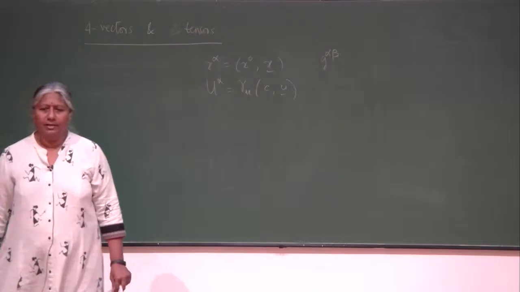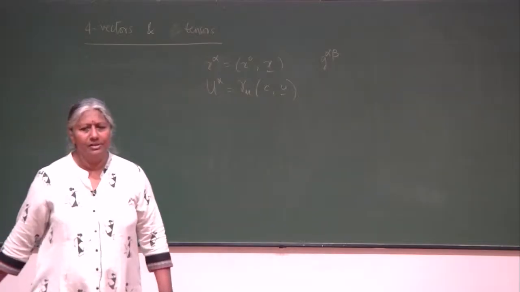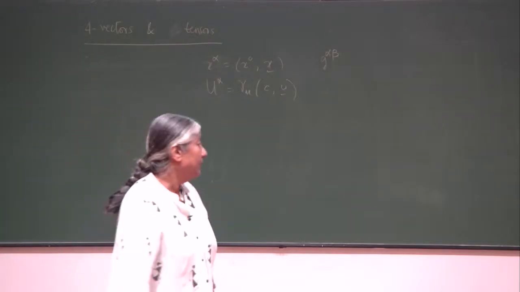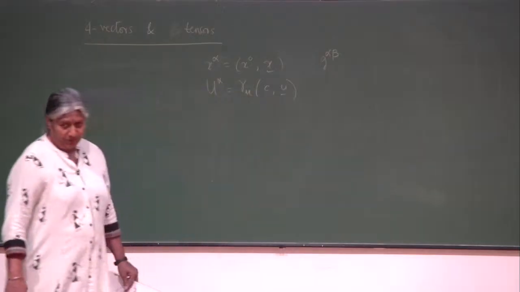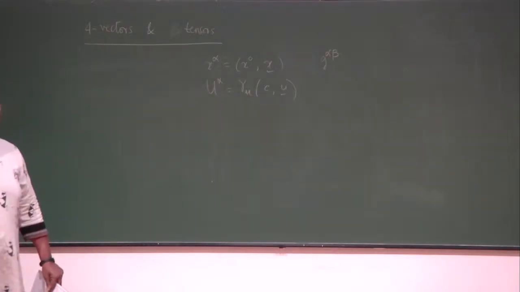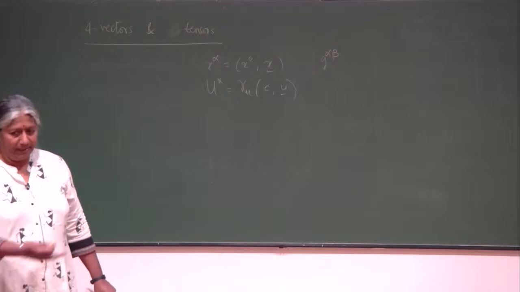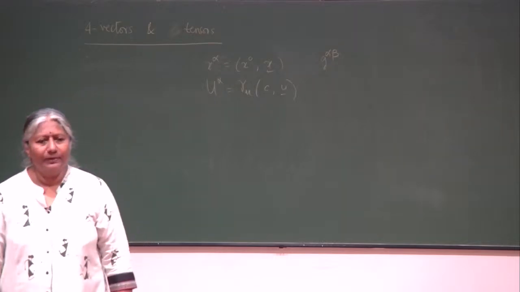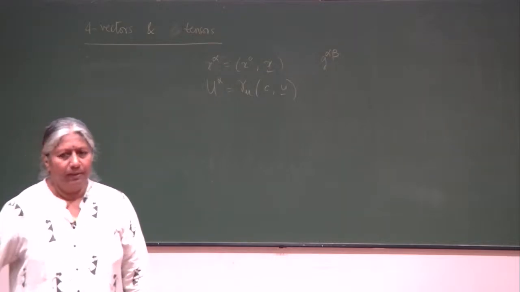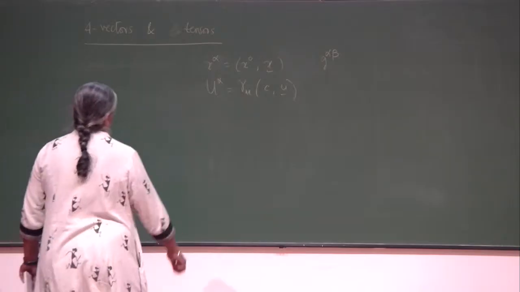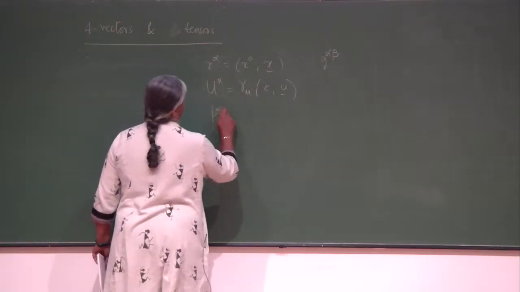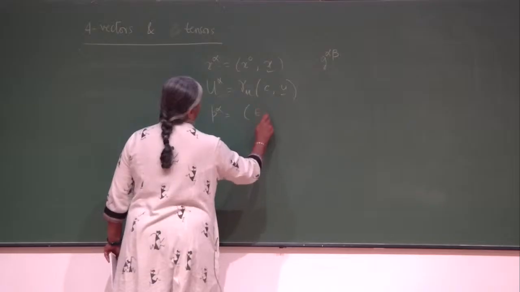Right, so this, and m times that will give you the 4 vector p. Now you can see that you can also write p in terms of d by dx, but you remember that, right? We wrote d by d tau, right? So the m d by d tau of this u alpha will give you p. So we also saw, let me write it, so this can also be written as